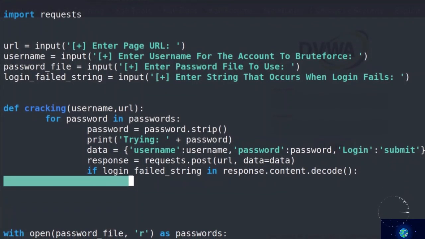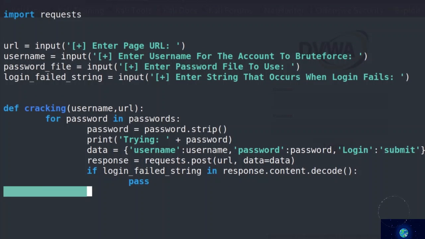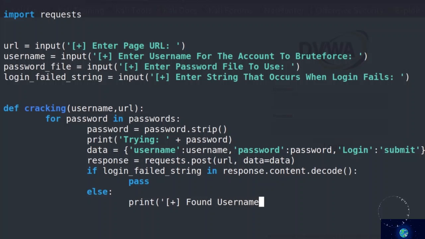That's why we're just going to pass, we're not going to do anything. And if it doesn't find, which would be the else statement, then what we can do is we can print found username, and we can plus the username, and we can print the same thing for the password. So found password